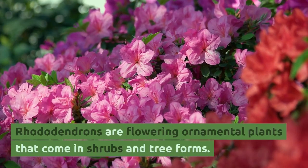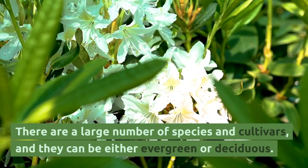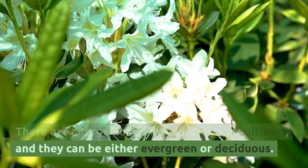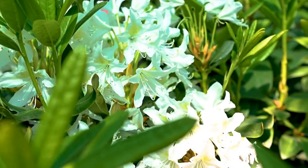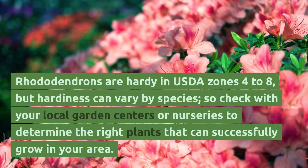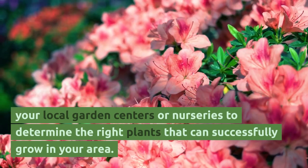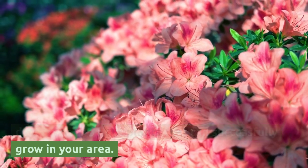Rhododendrons are flowering ornamental plants that come in shrubs and tree forms. There are a large number of species and cultivars, and they can be either evergreen or deciduous. Rhododendrons are hardy in USDA zones 4 to 8, but hardiness can vary by species. So check with your local garden centers or nurseries to determine the right plants that can successfully grow in your